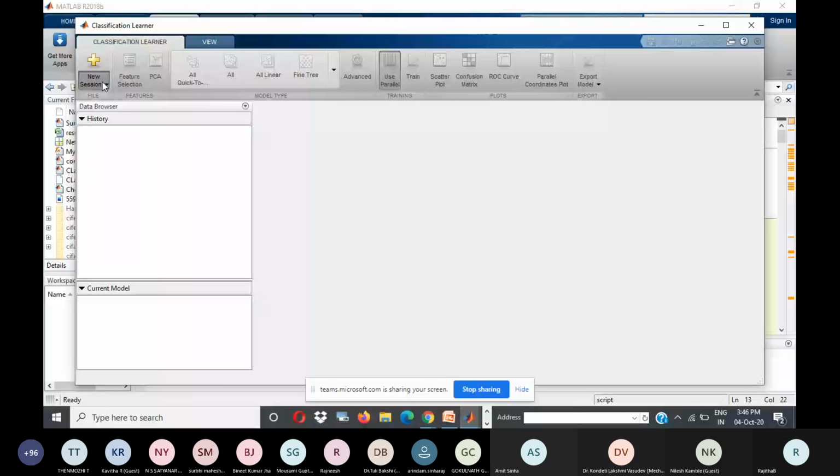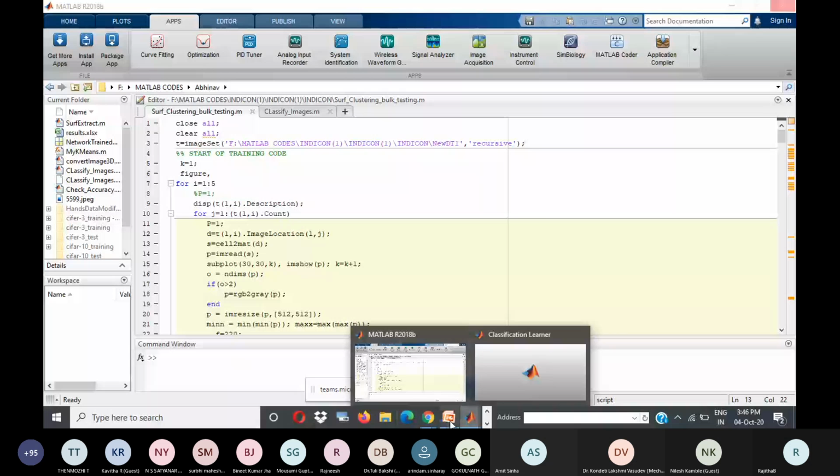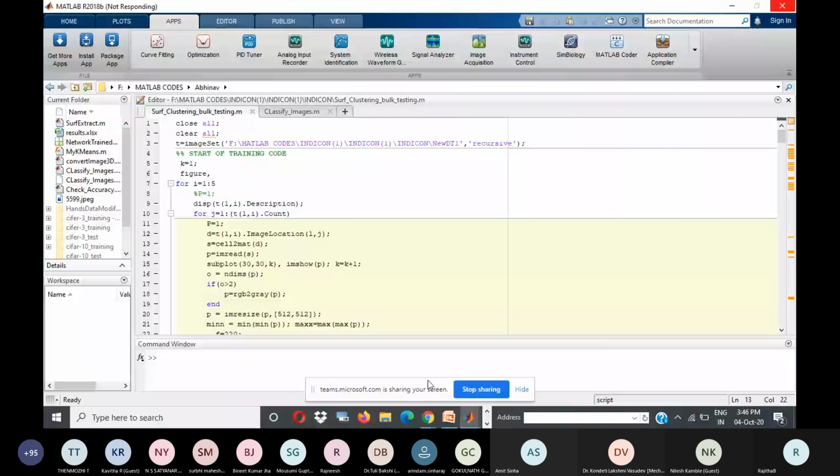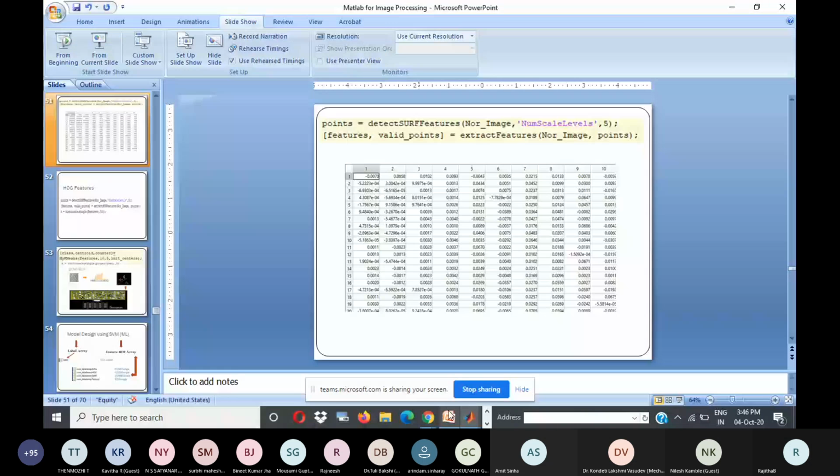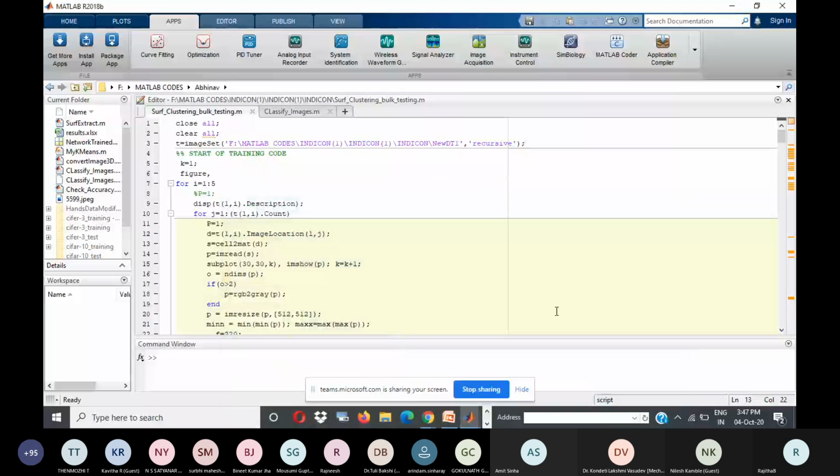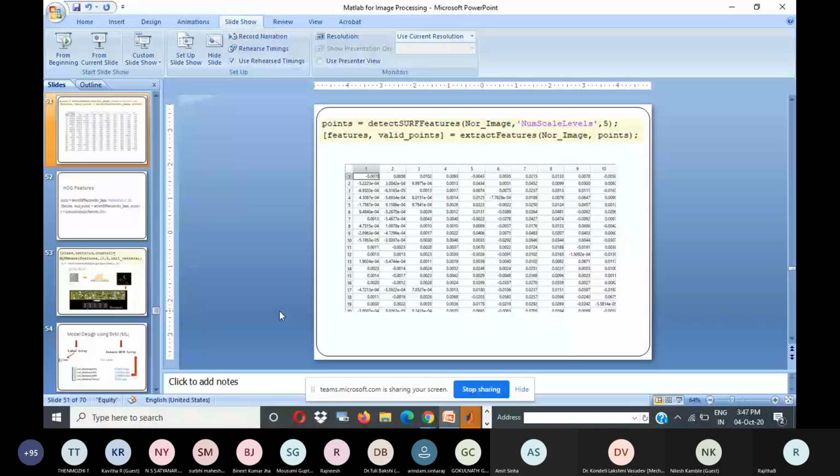Let it be. So if anybody wants to work on this, you can mail me. And if you have any queries also, my contact number is there with everyone. So if you want to work on MATLAB and specifically in these two tools, I can help you in this regard. So that's it from my side for today. I just wanted to give a basic introduction on how we use MATLAB for feature extraction and classification, both in normal ML technique and in deep learning technique. Okay, so that's all from my side. If anybody has any questions,